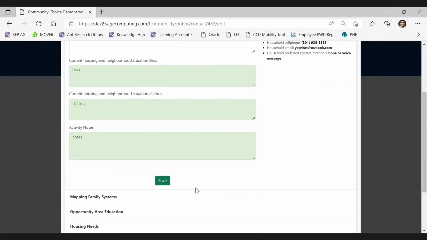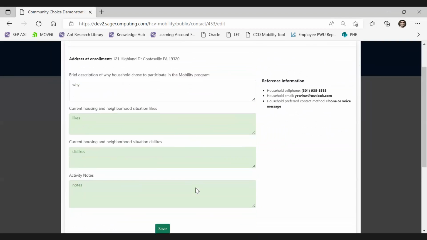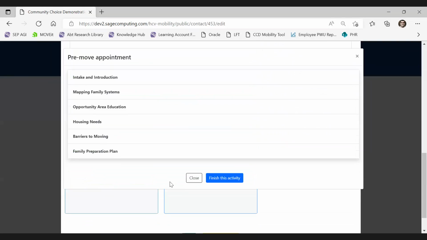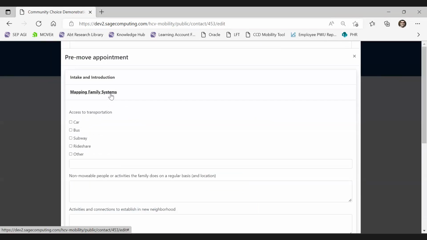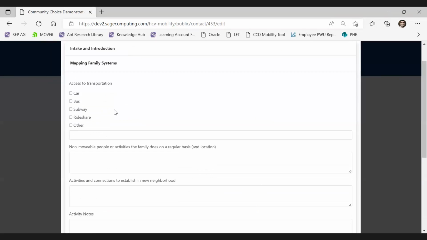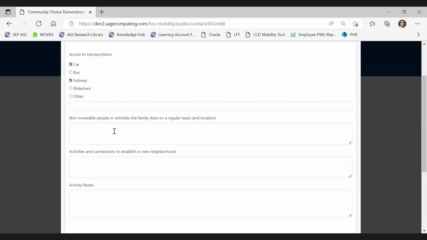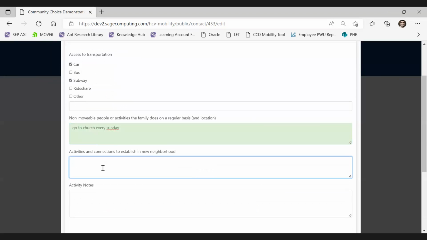Once you have completed the fields under intake and introduction, click save, and you can open the next section, mapping family systems, and complete the fields under mapping family systems. Start with access to transportation, continue to non-movable people or activities that the family does on a regular basis, such as go to church every Sunday, activities and connections to establish in the new neighborhood.